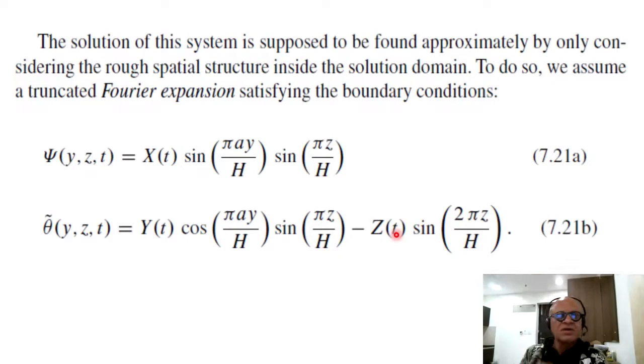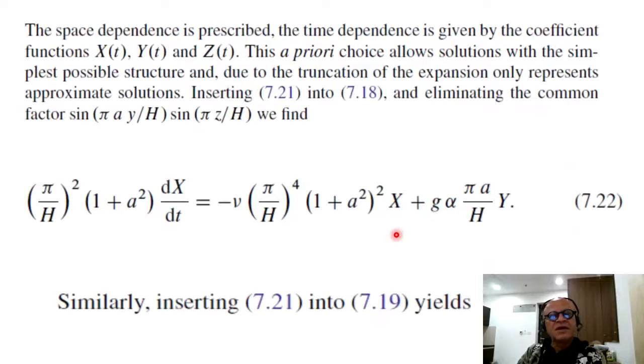Because you are perturbing the vertical structure essentially to represent the diabatic heating and the impact on the meridional driver, diabatic heating driving vertical motion, inducing the cell in the vertical-meridional space, right? So the space dependence is prescribed. The time dependence is given by the coefficients X(t), Y(t), and Z(t). This is an a priori choice. This a priori choice allows the solution with the simplest possible structure, and due to the truncation of the expansion only represents